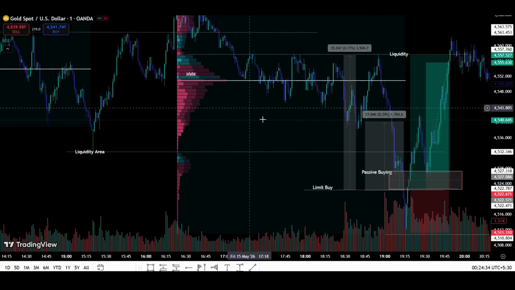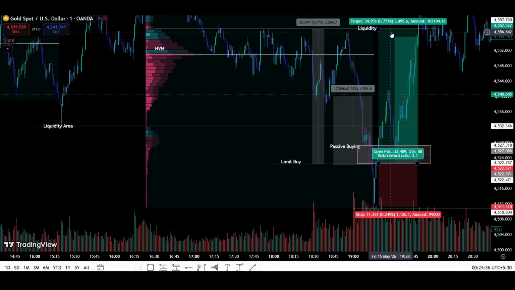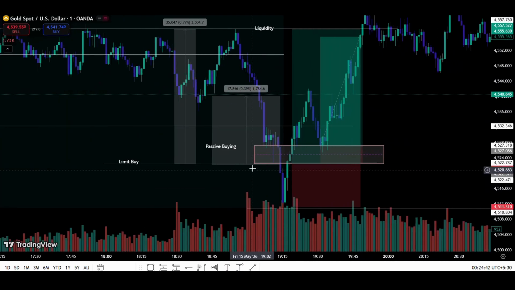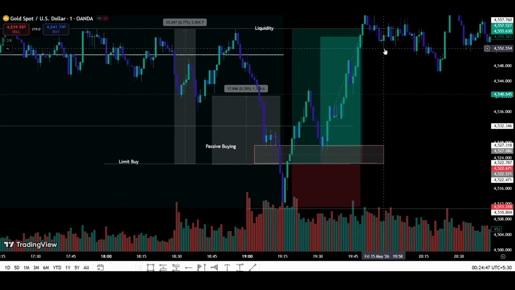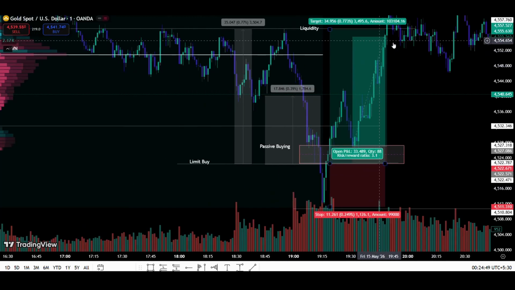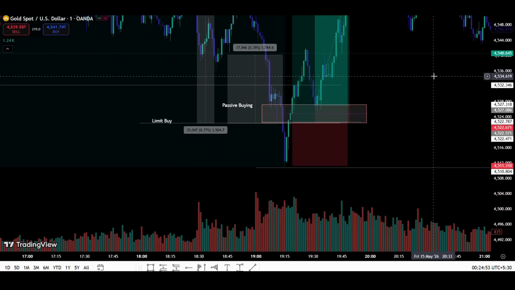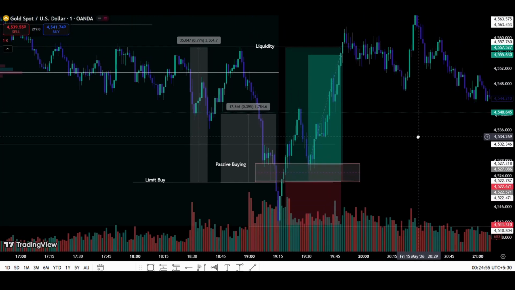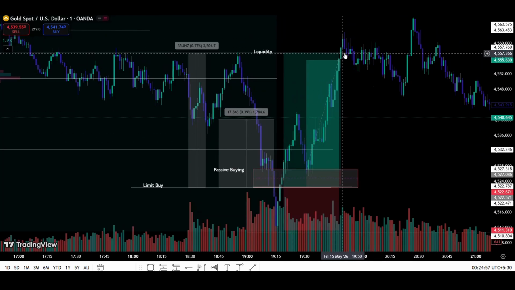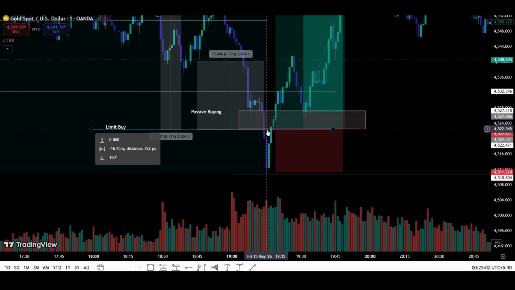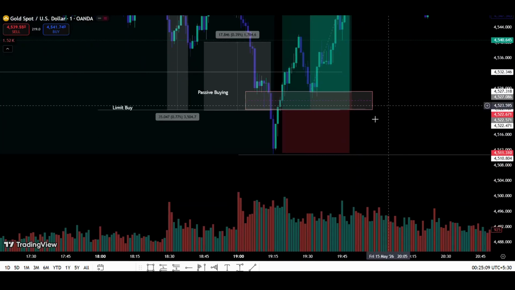This is the high volume node, and it has not taken the further liquidity which the market wants to push down. So definitely during the New York session, once it falls down and takes the liquidity, it will move back to the magnet area and take the liquidity which is above. Maybe after that it may fall down. So from here we need to see how it can be taken. All the way I have taken here, giving me